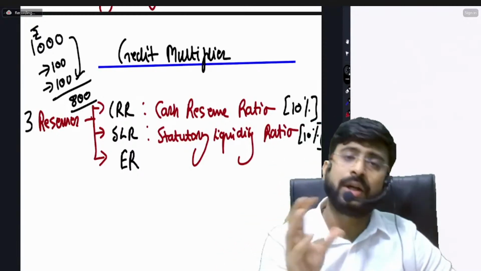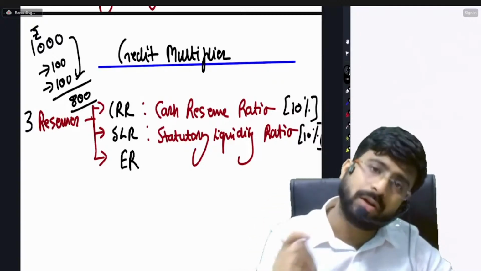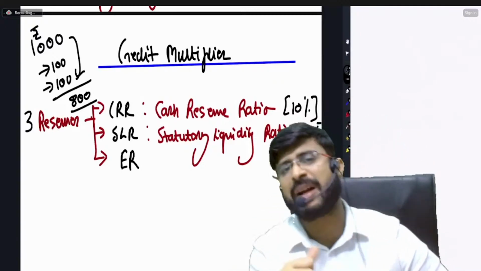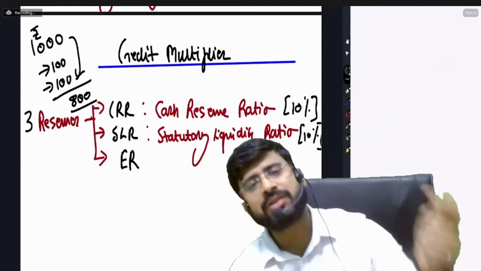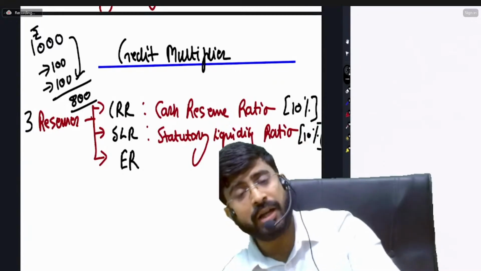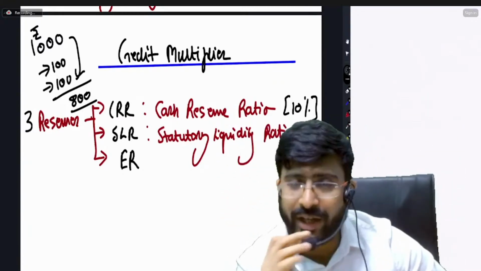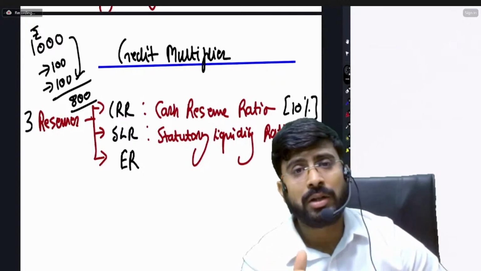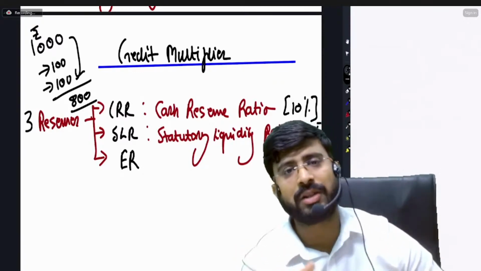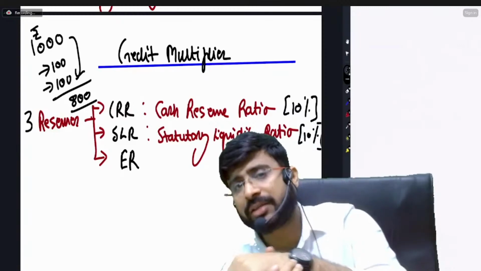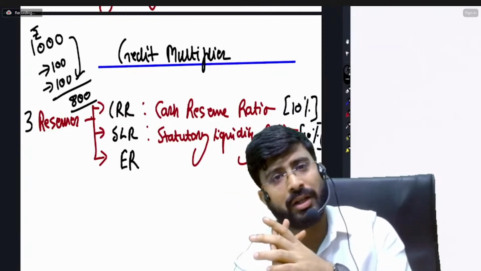Cash reserve ratio is that percentage of deposits of commercial banks which commercial banks are supposed to maintain on the decision taken by RBI with the RBI. So suppose commercial banks on a particular day have 1,000 rupees with them. Since CRR is fixed at 10%, so 100 rupees commercial banks have to deposit with RBI in the form of